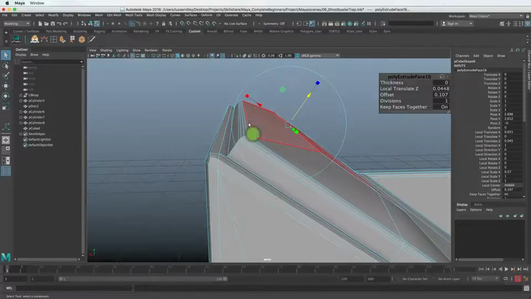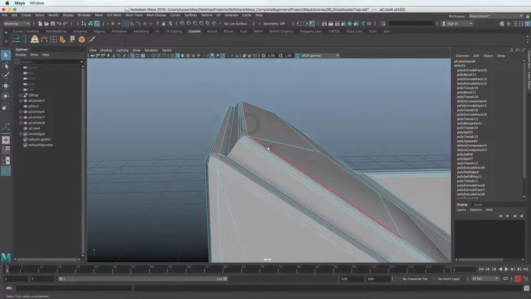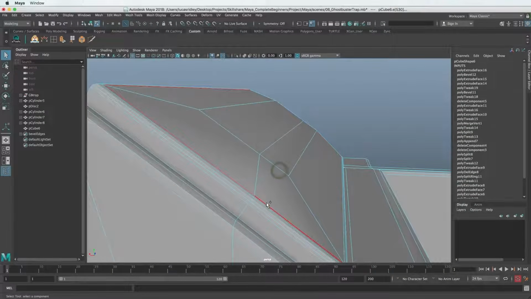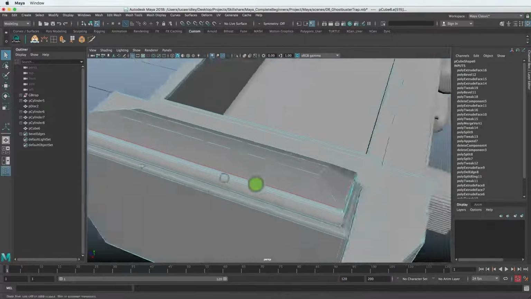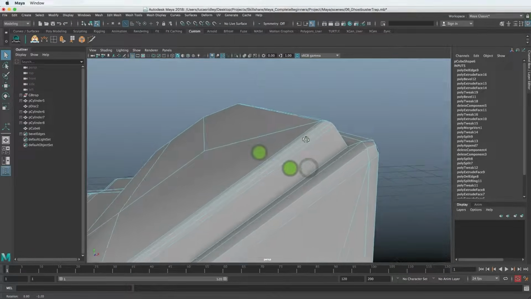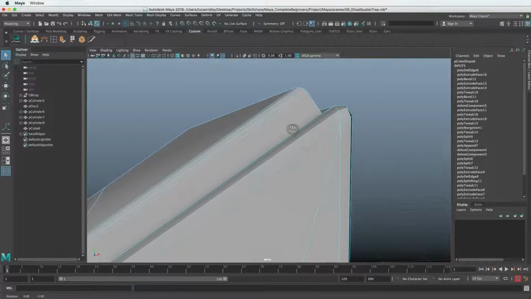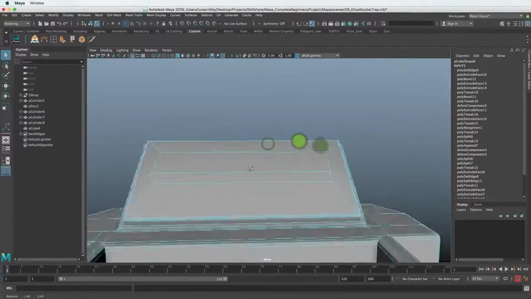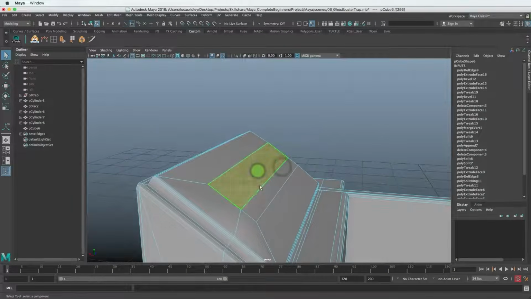So I might do that. Go to Edge, select these, double click it. It should go all the way around. It does. Right click, go to Delete Edge. So now it's more gradual. If you look at this profile, it's going in there a little better. So now we have this plate.